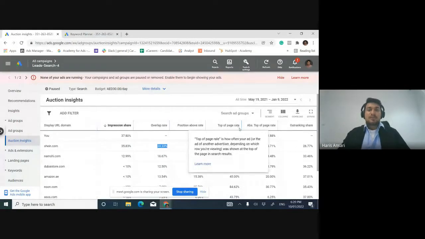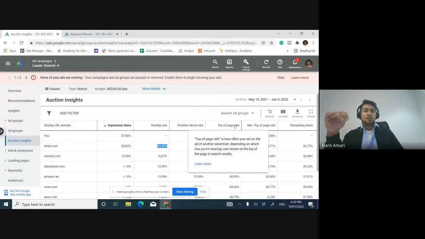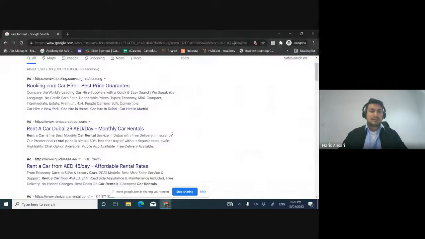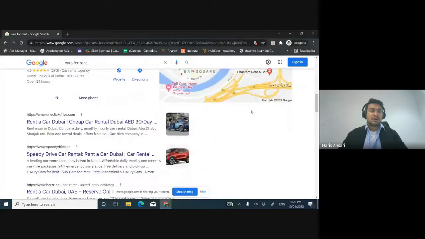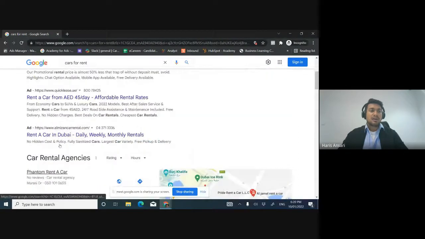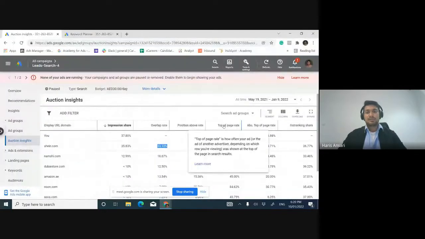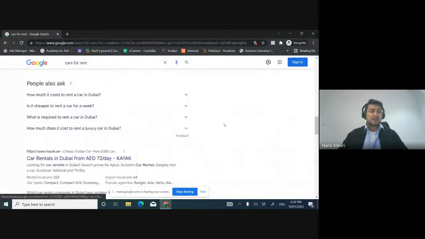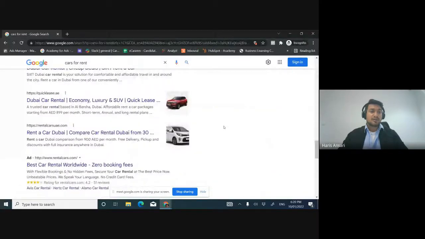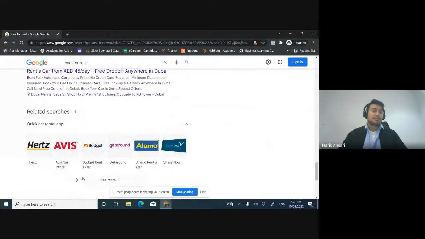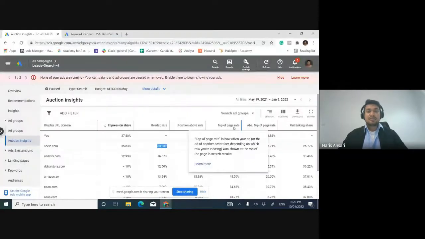And then we have top of the page rate. Top of the page rate tells how many times you or your competitors were above the organic search results. When you search for anything, you get paid results as well as organic results. With no ad label, these are organic results. So all the ads which are above organic results are counted in top of the page rate, because an ad can be served anywhere. Ads can be served on the top, they can also be served on the bottom, they can even be served on the second page as well. So this is just the first page, top of the organic results.